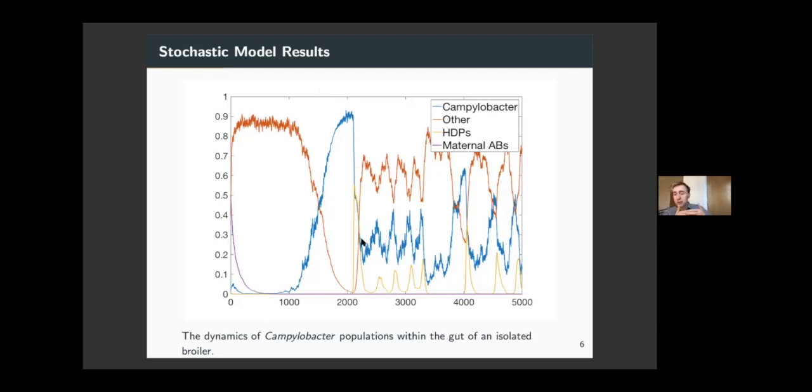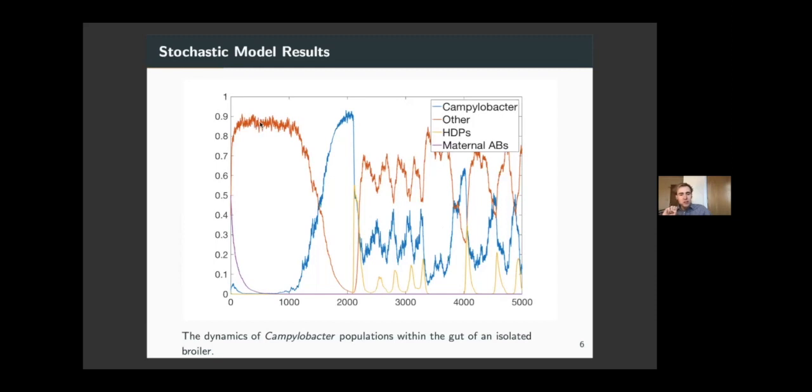But then what happens when you have a surge in Campylobacter? Then the yellow line comes in, those host defense peptides. The chicken's body responds to this, and it releases these host defense peptides to fight off the Campylobacter, as well as some competition effects from the other bacterial species. And we then have this sort of dancing stochastic jump around in the tug of war between Campylobacter and all the other bacterial species. So that's our basic dynamic profile. We have a big suppression window, a sudden surge in the population, and then we bounce around in this different period.